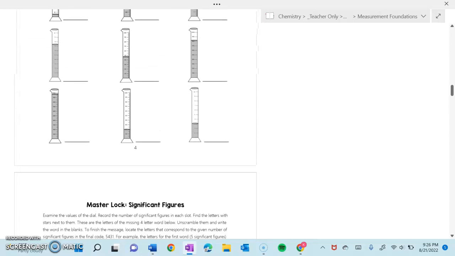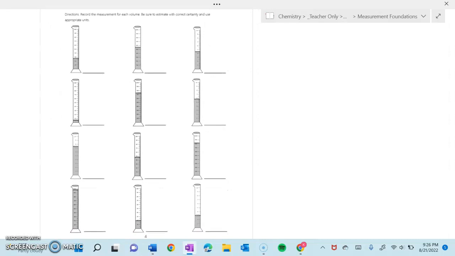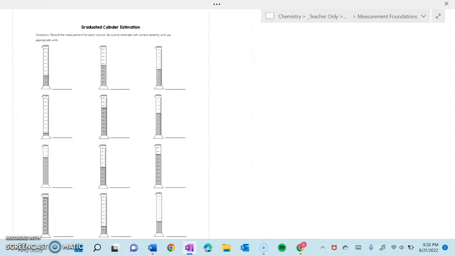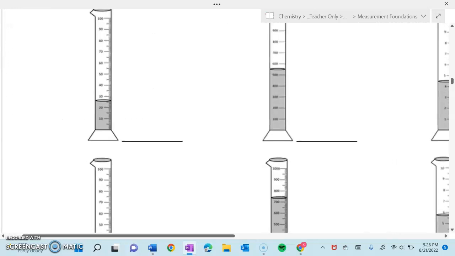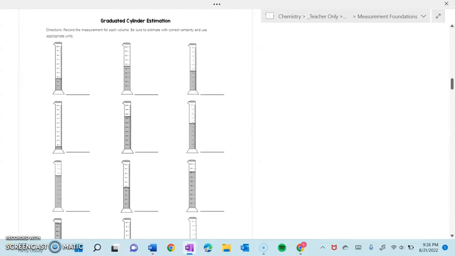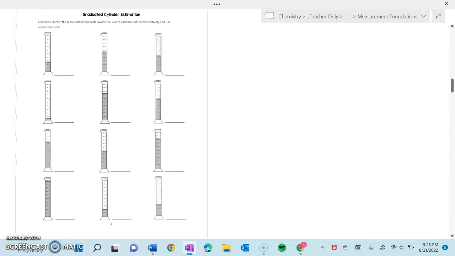The other assignment to go along with what we talked about in part 1 is this graduated cylinder practice estimation. So you'll go in and you'll record all of the values you know for sure, and then estimate one value based on the tick marks, the last 2 that you know, and make one estimate. So you'll do that on these graduated cylinders for practice on estimation. All right, let's jump